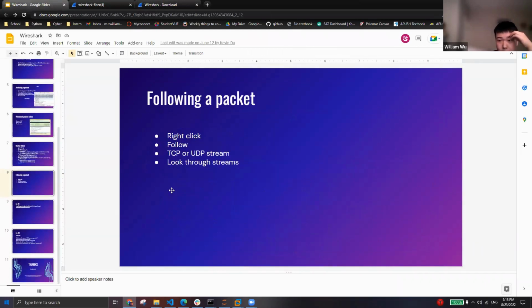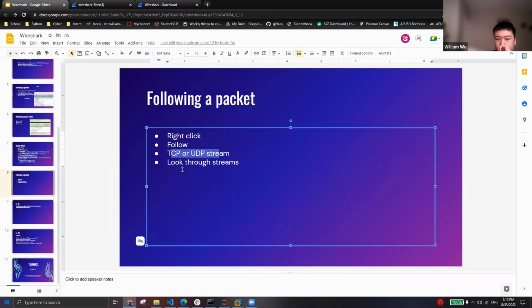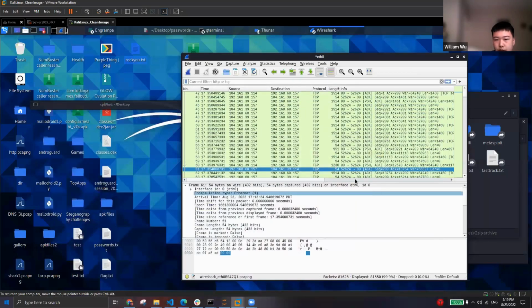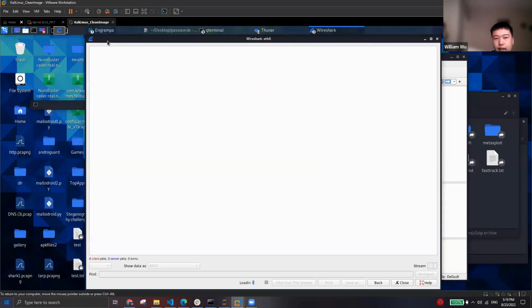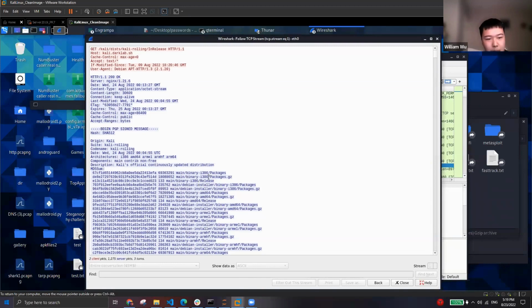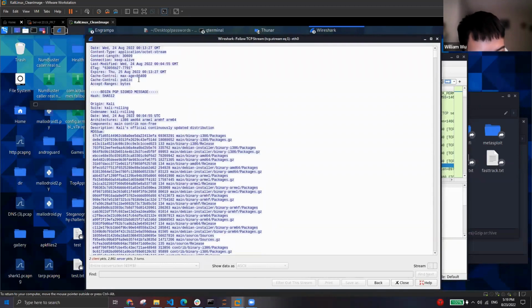Okay, here's a pretty cool thing. You can follow a packet, so you can actually see what it's doing. You can do this by following TCP or UDP stream. So I have TCP right here. I right click, and then I can go to follow TCP stream. And then it's gonna load. Okay. So you can see whatever the thing is doing. So it's sending a PGP signed message, a bunch of info, and I'm trying to scroll, but